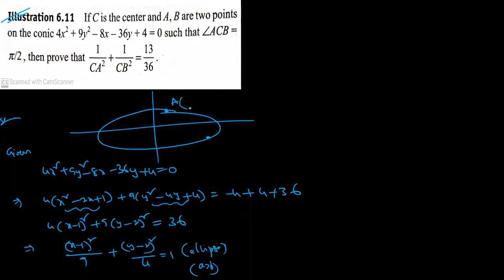So how to choose the point here? Anyone? What are the parametric coordinates? 1 plus, what is the R? 3. Here 3 cos theta, comma 2 plus. h comma k, it is the parameter form. How to choose? h plus a cos theta, comma k plus b sin theta. You choose points like this. So 2 plus 2 sin theta. But coming to B, what answer is coming? Anyone? That is the C. This is B.